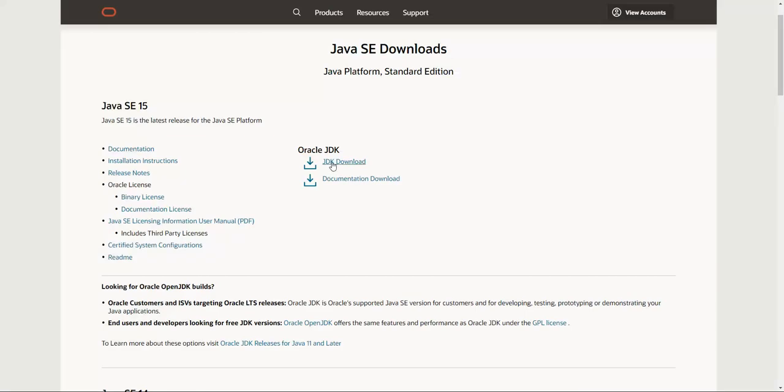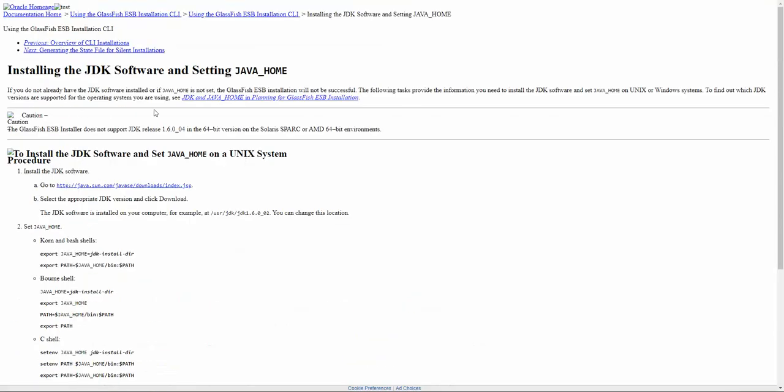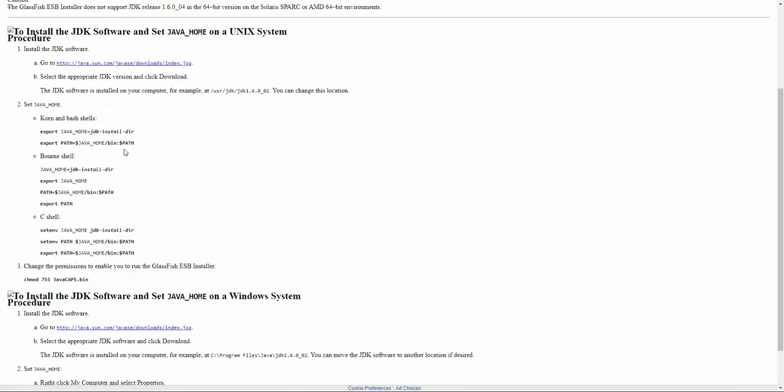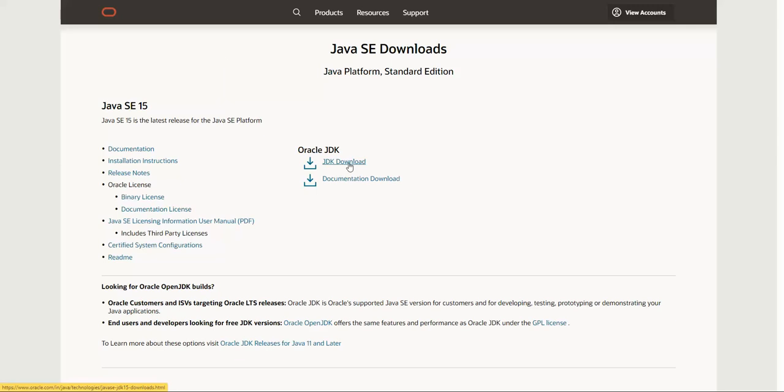I have installed. You have to download Oracle JDK from here. If you want the steps in detail for your Unix systems, then these are the steps. If you want the steps for Windows system, then these are the steps. Go to the download link which I just showed, select the appropriate JDK and download. These are pretty standard installations. You just have to click on next, and it will be installed. After installation, do remember to restart your system.